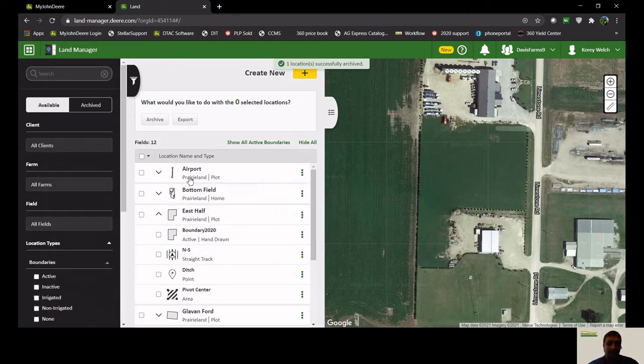Here we have a list of fields that we have. We have these icons right by these fields as well that I want to go over really fast. We have archive. We can archive any of these. Create new. That would be, since it's a field, it'd create a new boundary, guidance line, or flag. We have details, which will allow us to, so if I click on the field part of it,